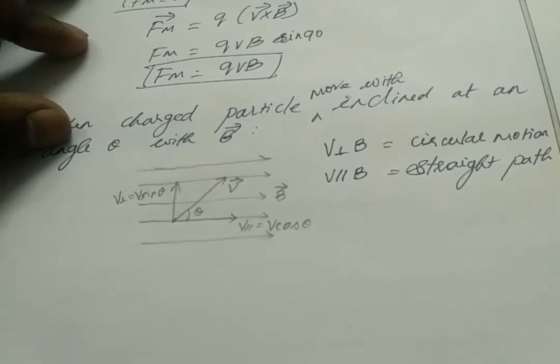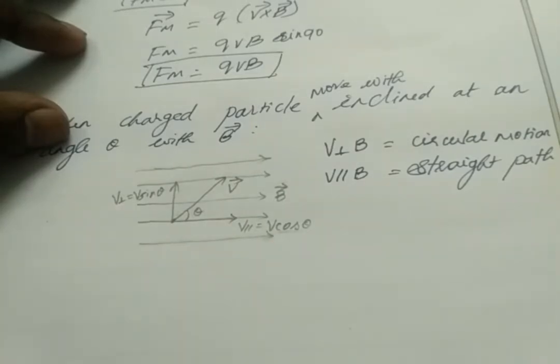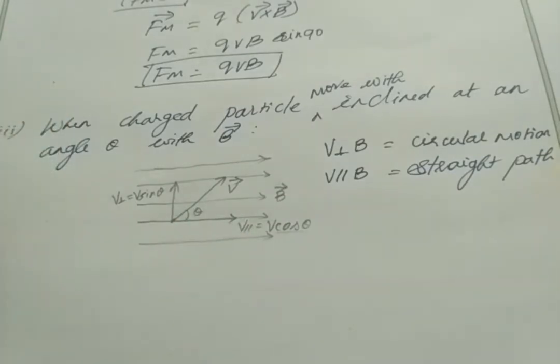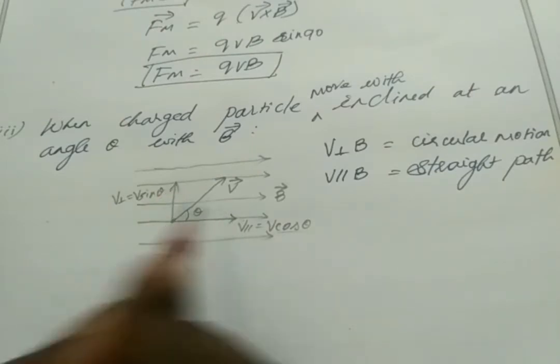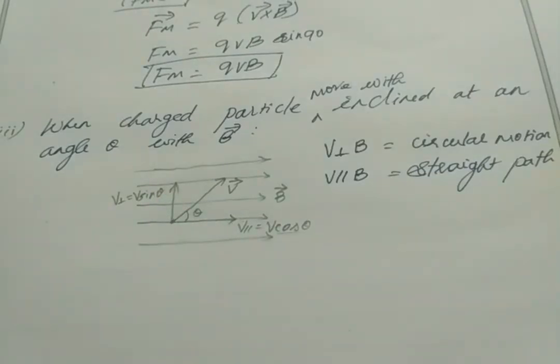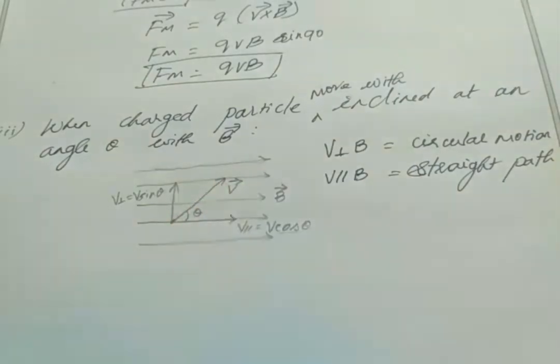Okay, so just imagine if a charged particle only moves with the parallel component. If I take only the parallel component, then I don't get value in the y-axis, right? Because it moves in the x-axis only. Or if I take only the perpendicular component, then it moves in the y-axis only. I don't get value in the x-axis. So if you add these two, then I get motion like this. So the motion will be helical motion. Okay, so the motion will be like this.